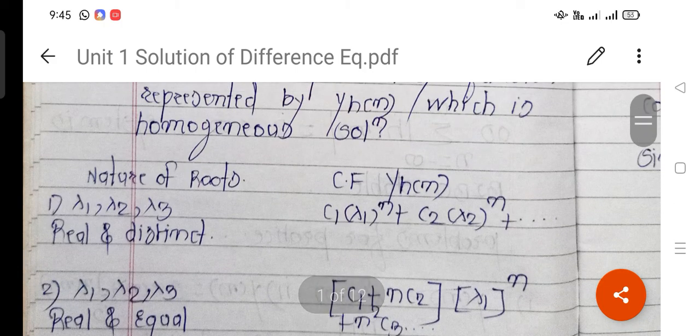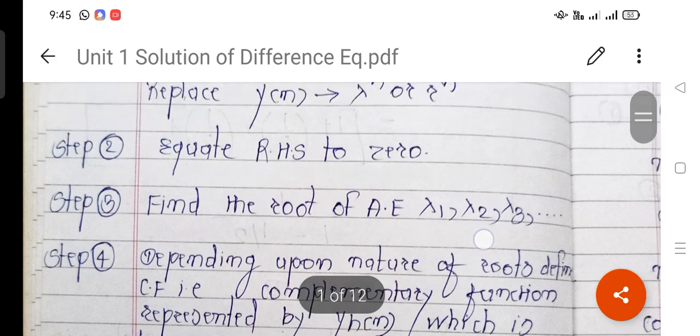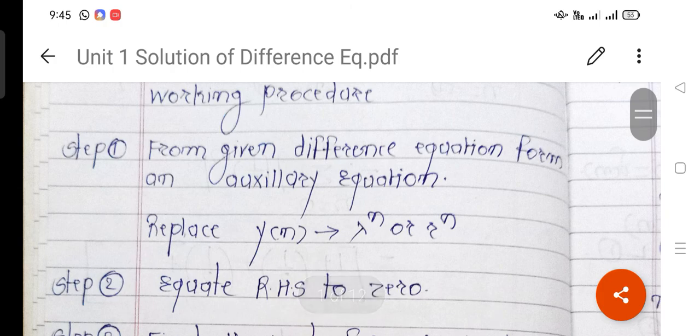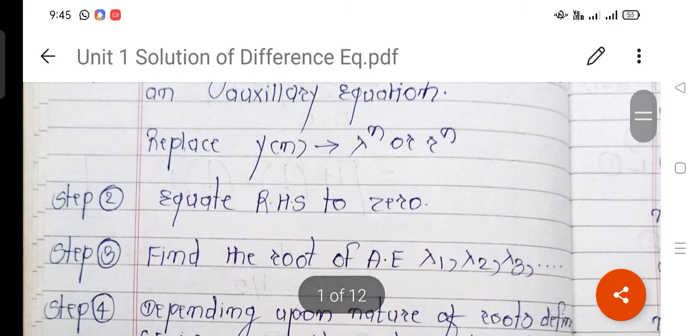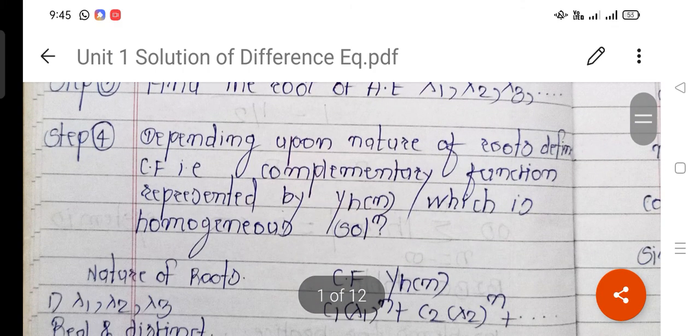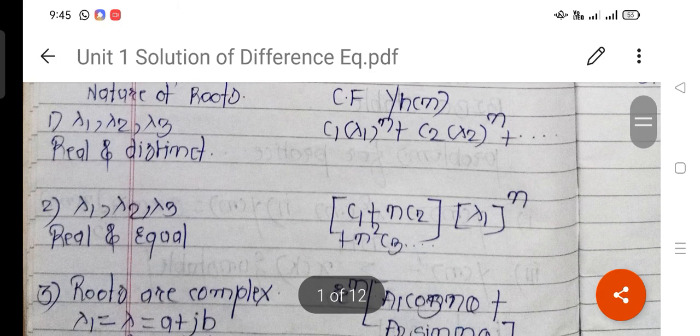So we will simply see what we have to do in the first step. In step 1, first of all, there is a difference equation given to us. We have to form the auxiliary equation by replacing y of n by lambda to the power n or r to the power n. You can use any of the symbols. Equate RHS to 0, then find the roots. For this, a calculator will be helpful. After using this, we will get the roots, and according to the nature of roots,